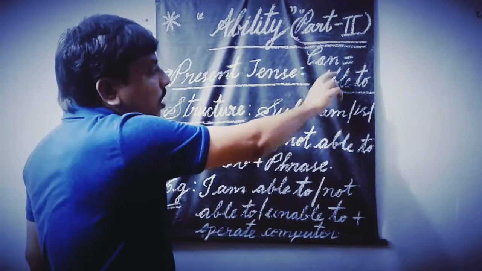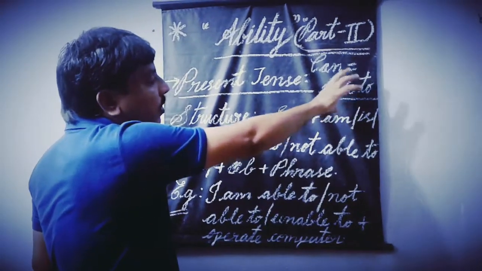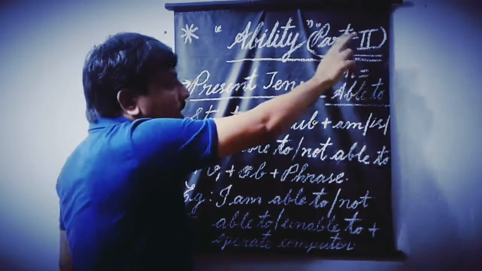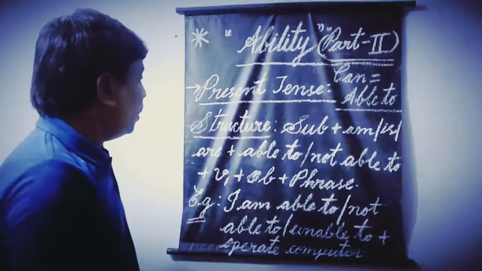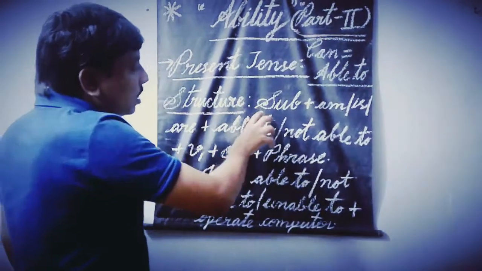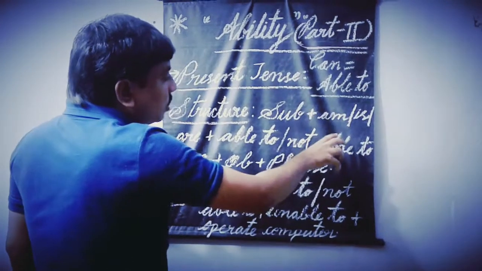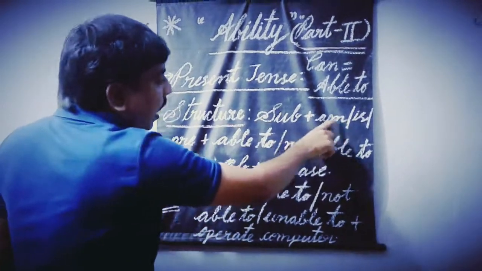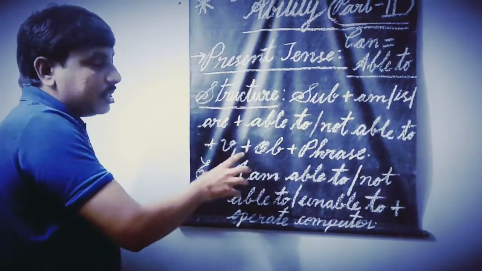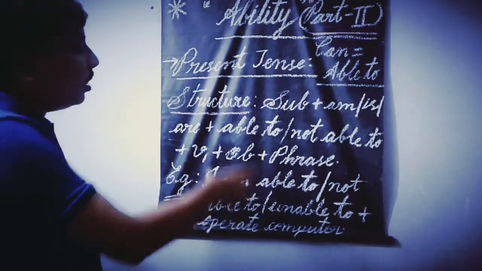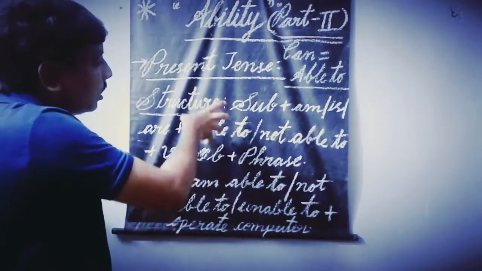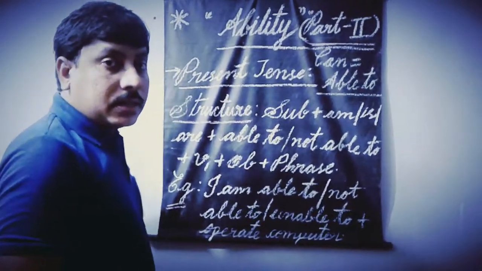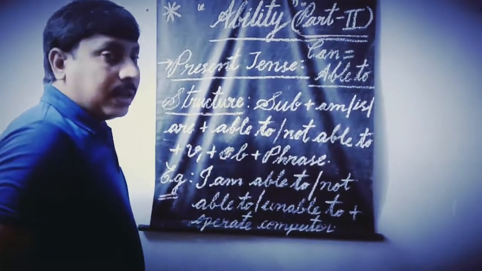Okay, here we use able to in the form of continuous tense instead of the general ability can. We use able to with the be forms such as present be forms am, is, are. Let us discuss regarding present be forms with able to. According to the structure, let us take some examples in order to make you understand clearly.